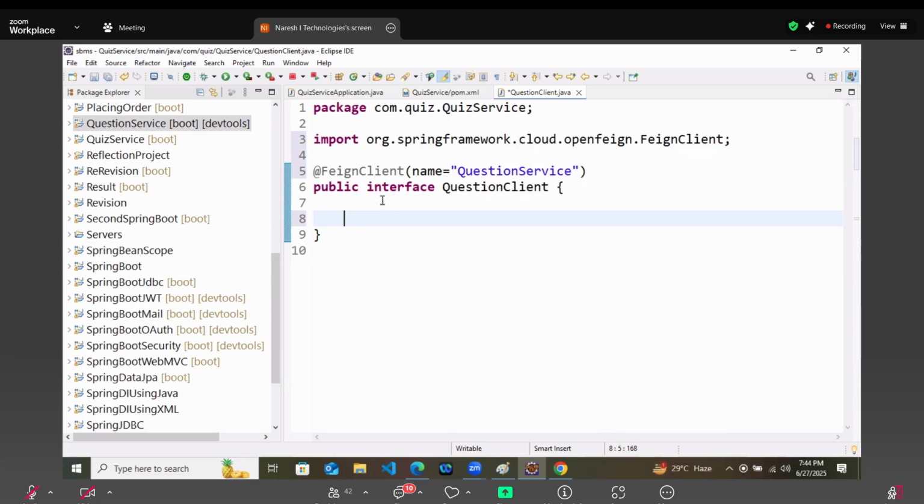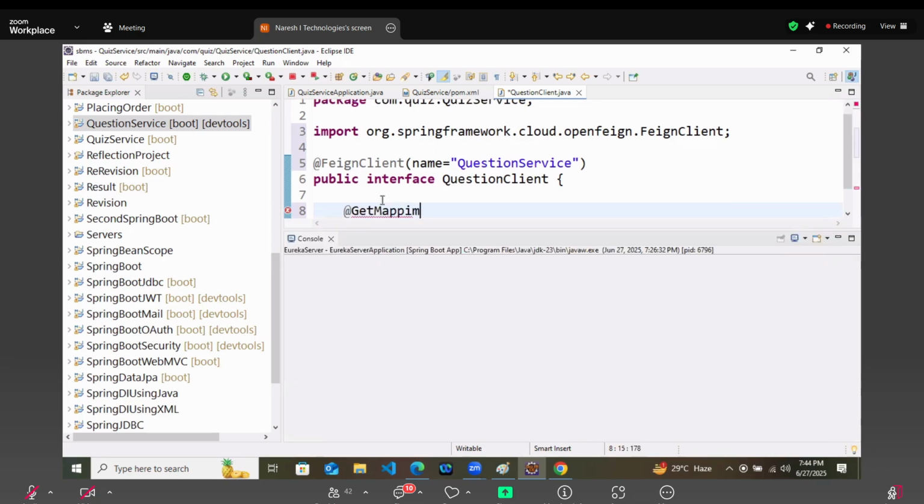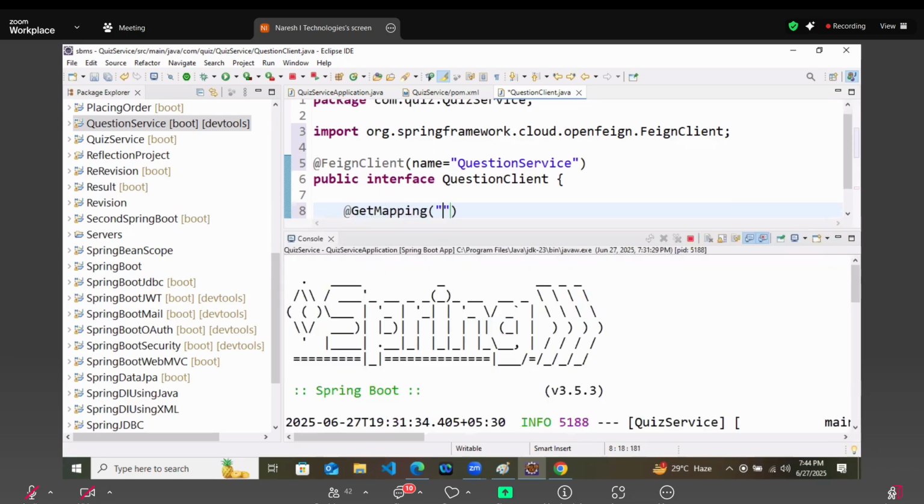What is the mapping to whom you want to talk? /all-questions. Get mapping or post mapping? Write the same thing. @GetMapping of /all-questions.